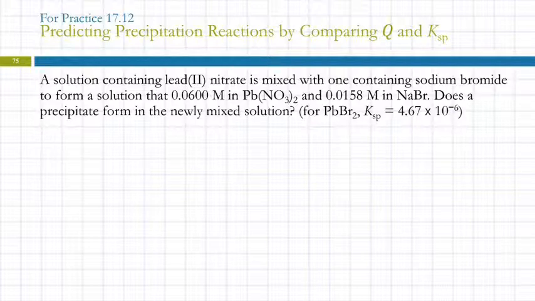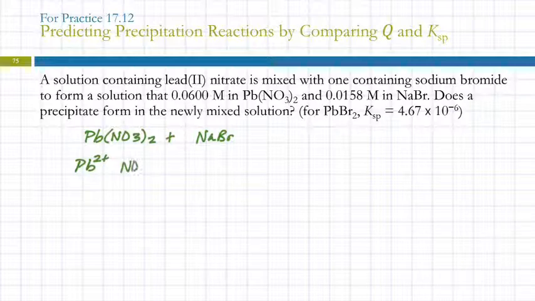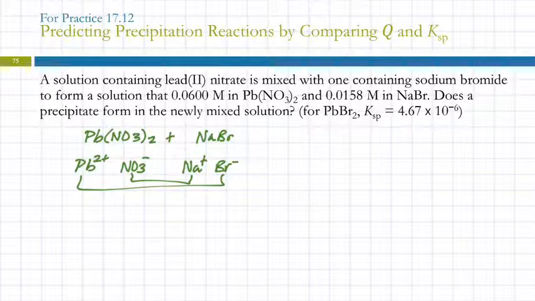So we'll do the same thing we did in Chem 1A. We'll look at the reactants and predict what the products are. So we have lead nitrate, and it's lead-2 nitrate, and we're mixing that with sodium bromide. And so this has lead-2 ions and nitrate ions, and this is sodium ions and bromide ions. And then we're going to swap the partners and see if any chemistry occurs. So we've got lead-2 plus with bromide, and we've got sodium